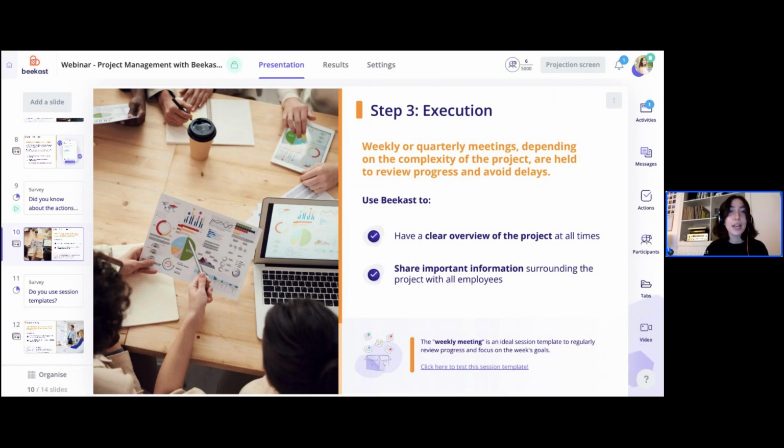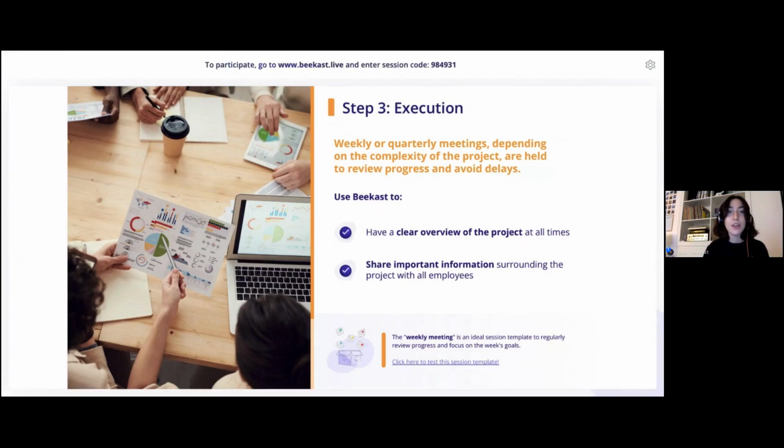I'm going to go ahead and switch back right here. Okay, great. So this is another really interesting part of project management because when we're talking about the actions and decisions feature, we can imagine that once your project is launched, once everyone has started working together on this project, it's going to be very important to communicate well and follow the progress of the project in a regular manner. So that's where the action and decision feature will also play a valuable role, in the execution process,